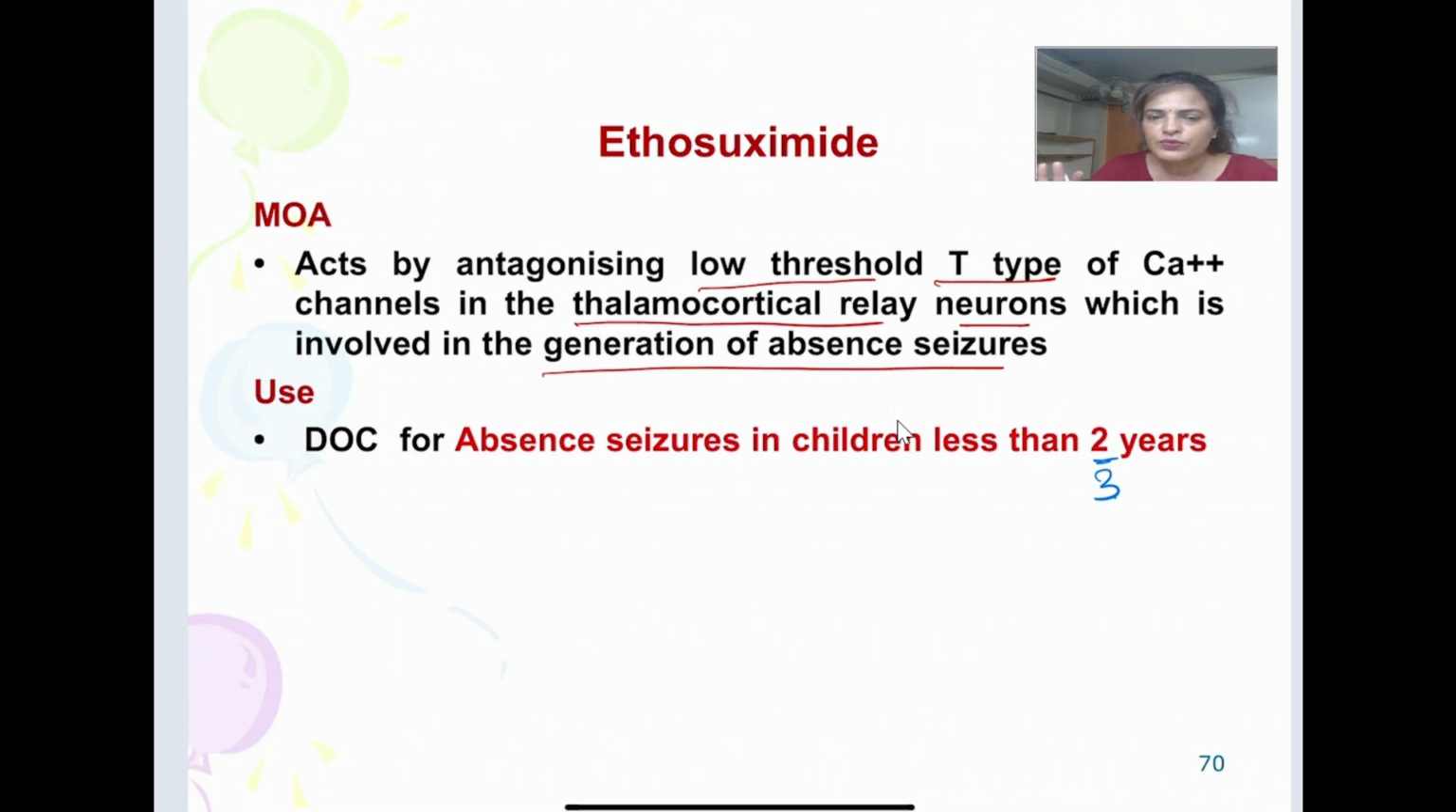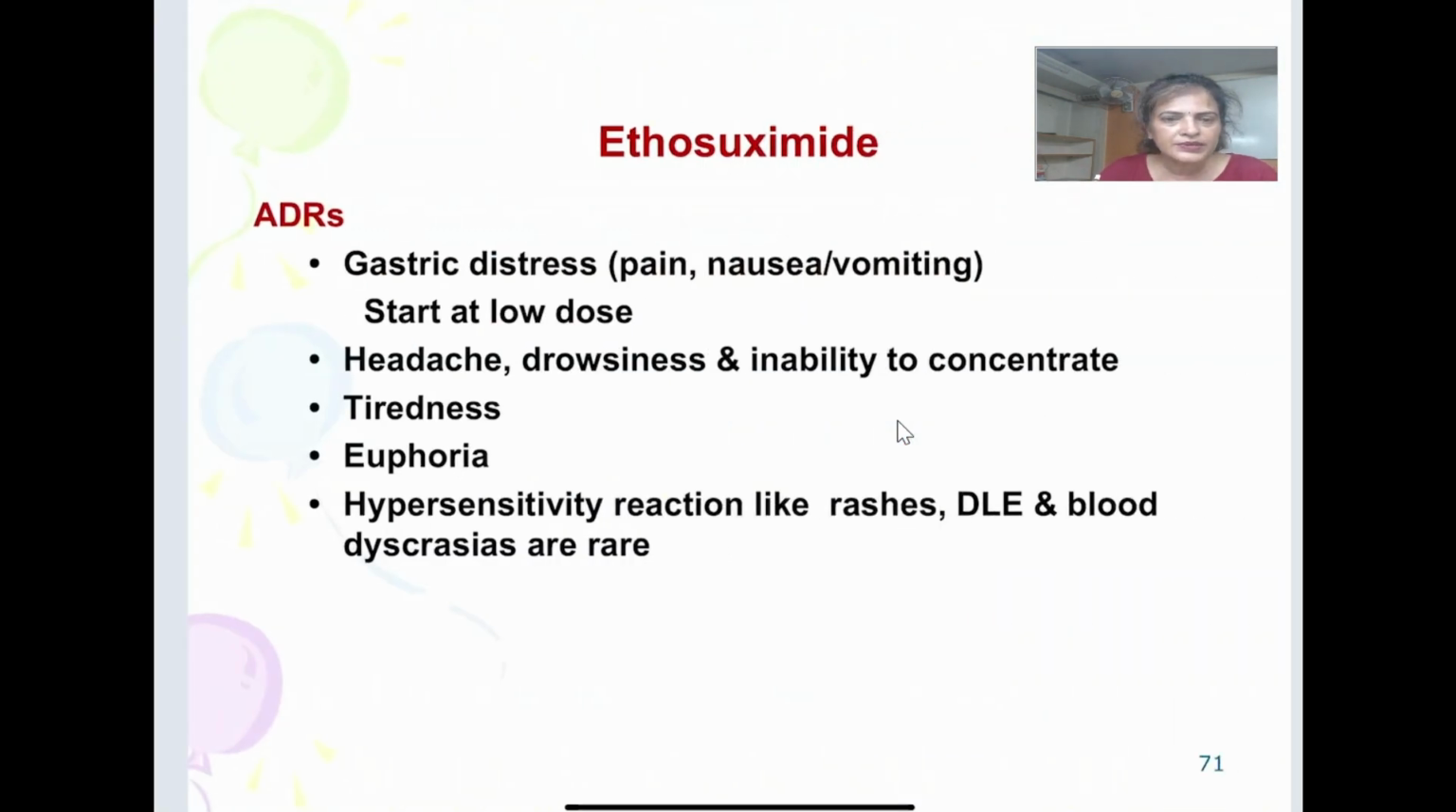And in whom do you have to give it? In absence seizure in children who are less than 2 to 3 years. And what are the adverse effects? This is the only indication, otherwise we do not use this drug much. Adverse effects: gastric distress, so you have to start it at a low dose to avoid that. Then headache, drowsiness, inability to concentrate, tiredness, euphoria, hypersensitivity reactions like rashes, discoid lupus erythematosus, and blood dyscrasia, which are